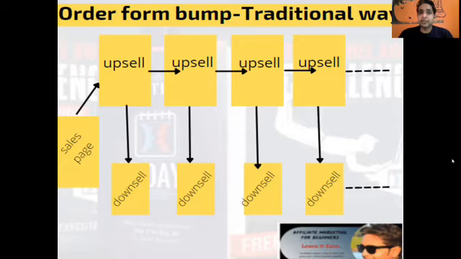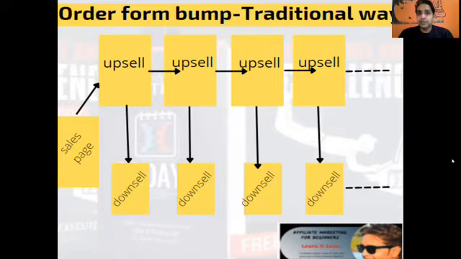So once you selected one product, and when you tried to enter the details and buy it, you would get a new page. It would be an upsell page, and if you said no to it, you would get a downsell page. And once you said no to it, you would get upsell, downsell, upsell, downsell again. So earlier there used to be a lot of pages, and once you entered someone's funnel, it was very difficult to get out of it. Maybe it would take 10-15 minutes to say no, no, no, no to all of them, and then at the end you could buy the product.